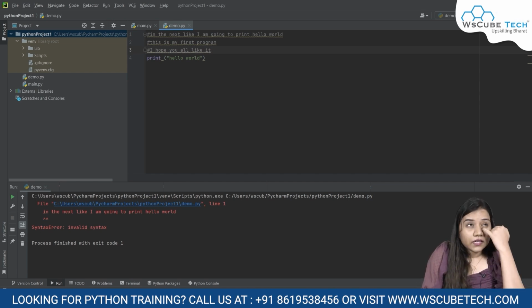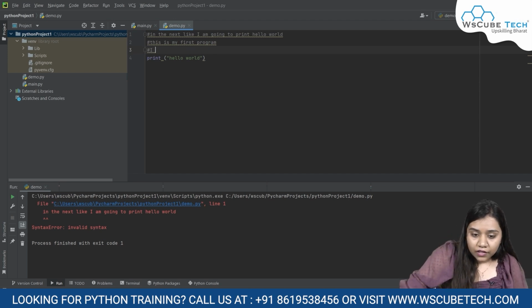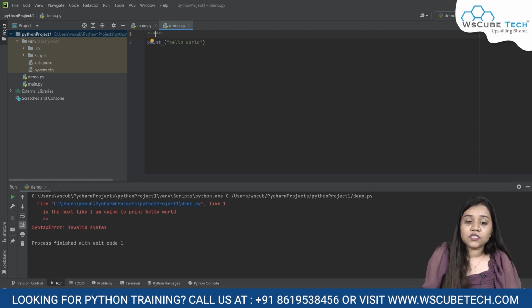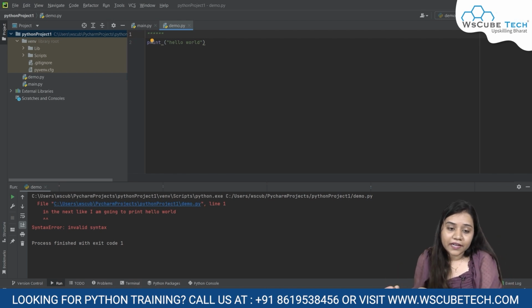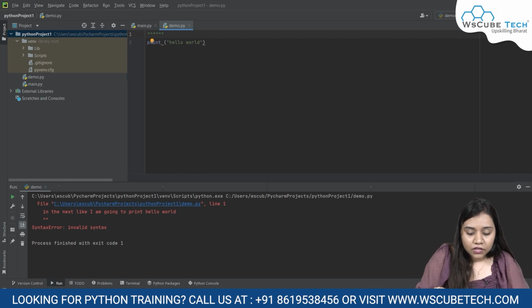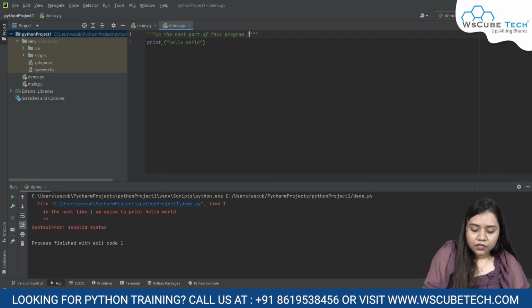Okay, so instead of writing hash again and again, there is another way. To write multi-line comments, we can use triple quotations again. In the print statement also we can use triple quotations to write multiple lines, and similarly here, in the form of comments, we can use triple quotations. So anything I write inside it, let's say in the next part of this program, I'm going to print